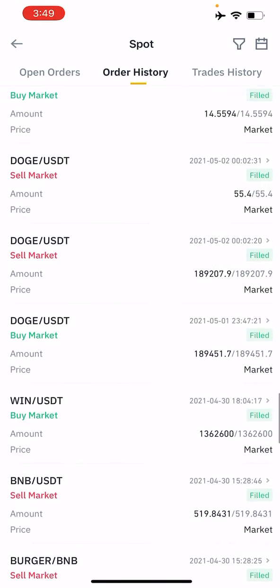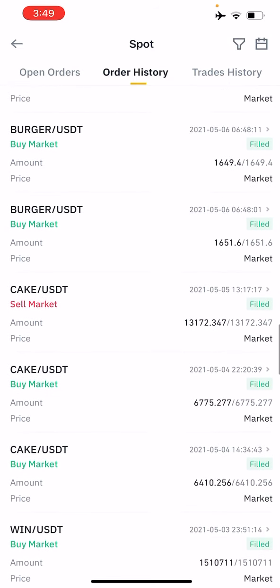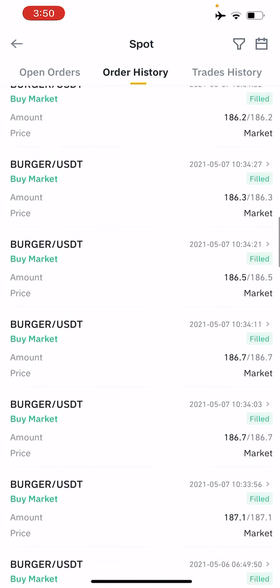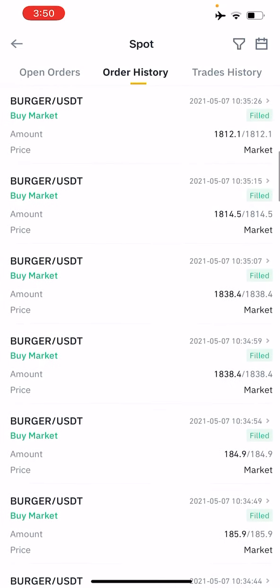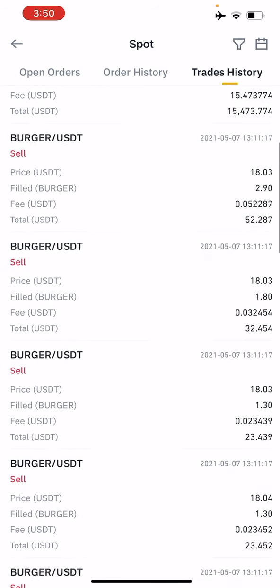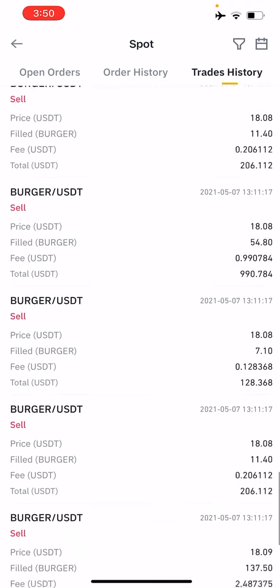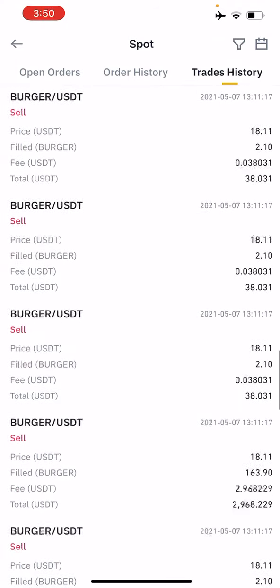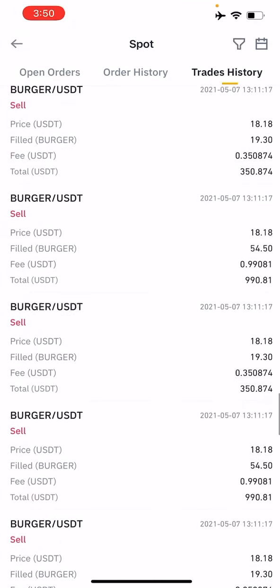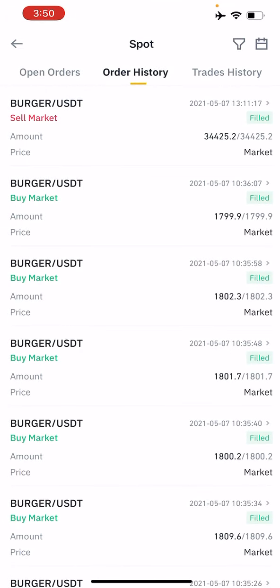We are updating it so the client can confirm our Excel sheet performance with these live trade videos, as these are from the Binance account. You can verify all the trades; these are the order history which has been filled. If you go to the trade history, there are small trades that have been placed, so it's very long, because it counts all the small trades due to the quantity we are trading. So it's better to go with the order history and check all the trades.